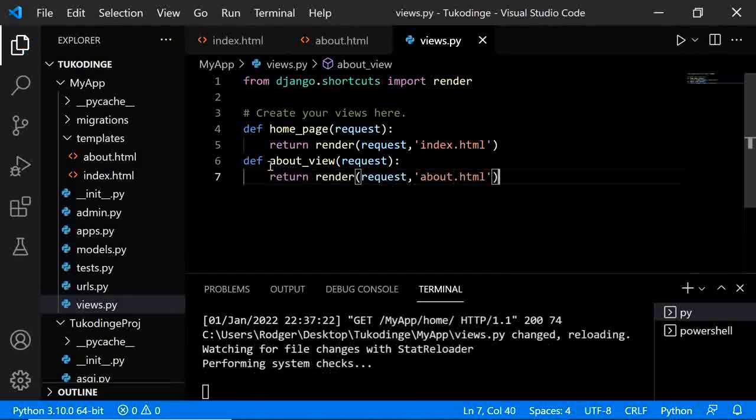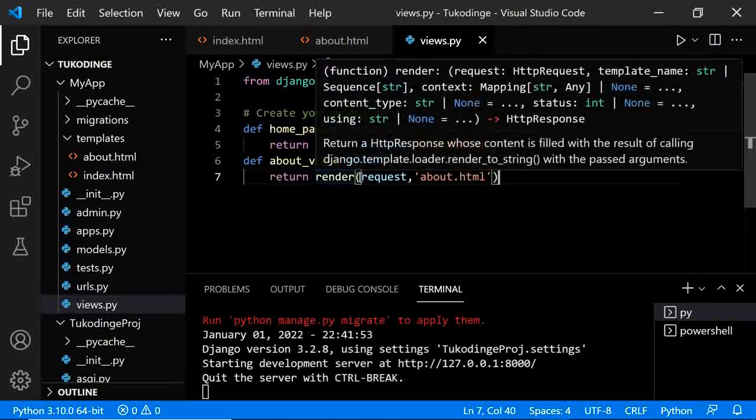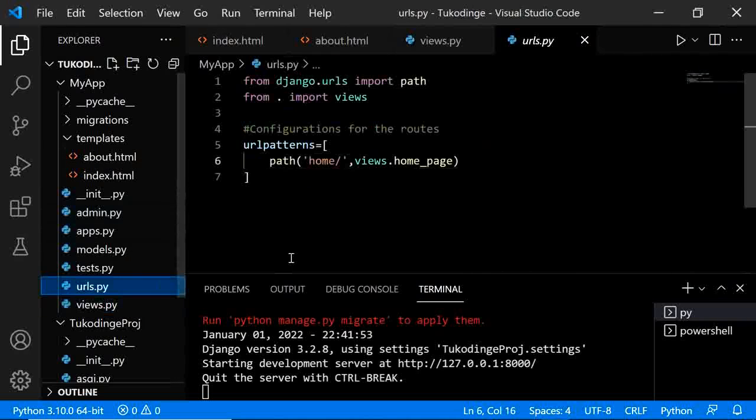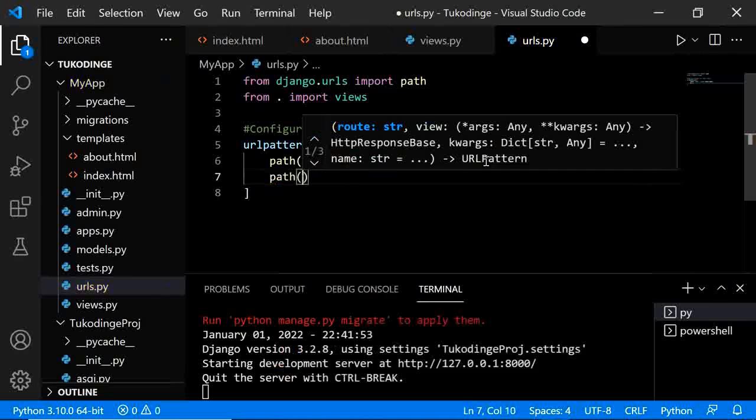Okay, now that we have a view that is going to return the about us page, what we are going to do is to create a route that is going to point to this view, so that each time the user clicks on the about us route or link, it points to this view and then renders the about us, so that it is returned to the user. So we are going to go to our URLs file, and then add one. So we shall put a comma since it's an array of paths. So we shall add another path that is going to render